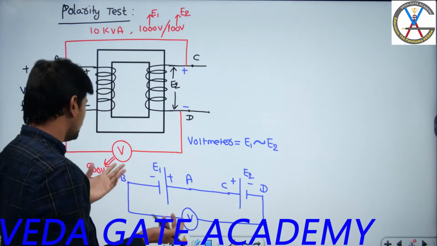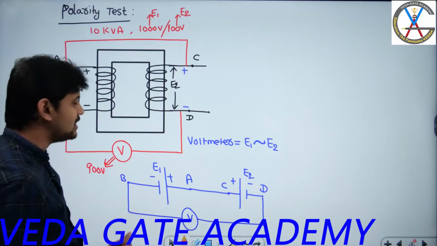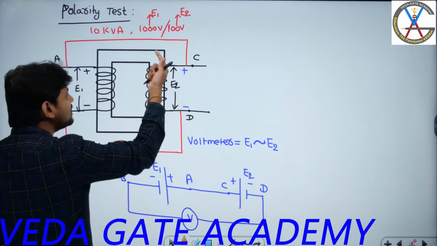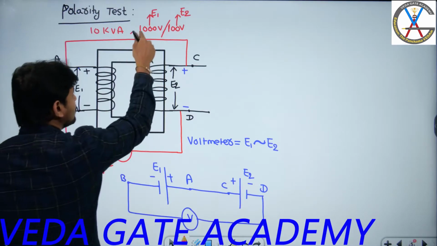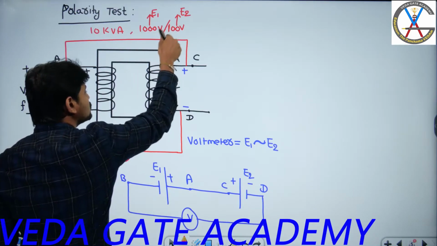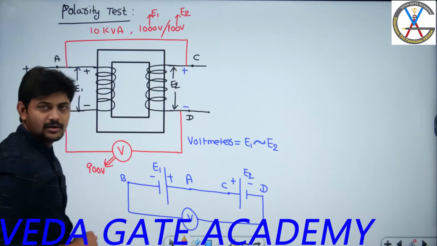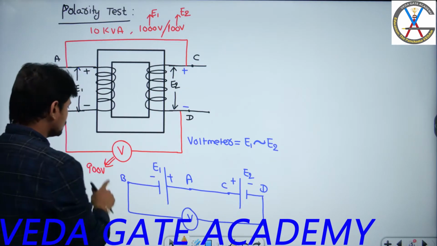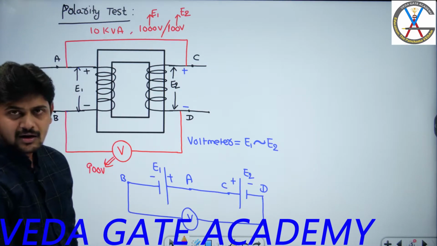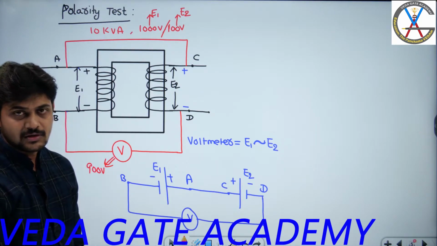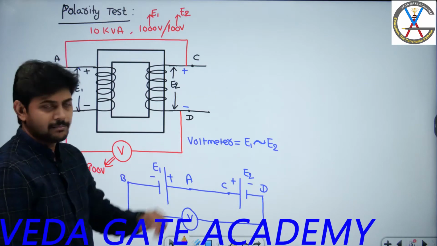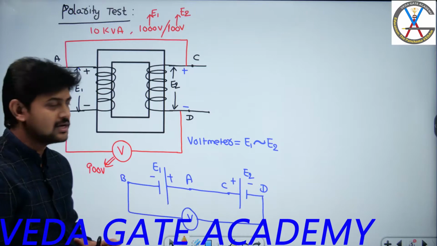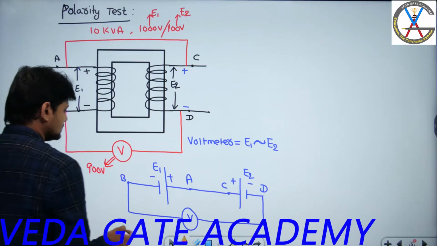What are the two possibilities of voltmeter readings? It may indicate 900 volts, or it may indicate 1100 volts. The voltmeter either adds these two or subtracts these two based on the polarities. Are you following what I am saying? So the voltmeter will indicate 900 volts, which means the difference of two EMFs. Can I say, is it a series additive connection or series subtractive connection? We can call this configuration